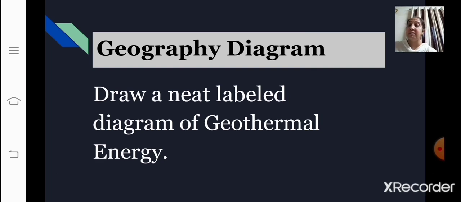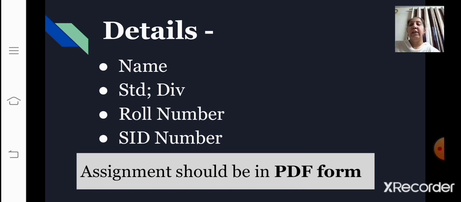Okay. After completing with all that, after completing with the plotting that has been given in the assignment, after doing this diagram that I have given you for assignment, what you will do after completing everything, you are going to scan it. You will scan it by using the iScanner app, and then you will convert that to PDF, and that PDF will be given to your class teacher. Now, when you upload that, your assignment should be in the PDF form. Okay, you will scan it and it will be transformed into PDF.